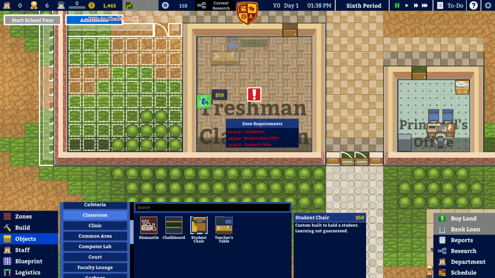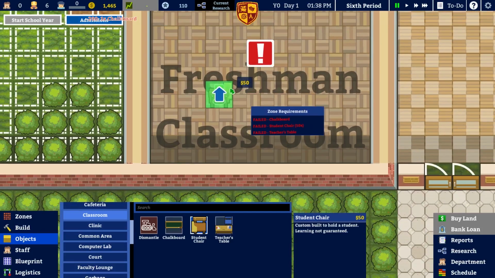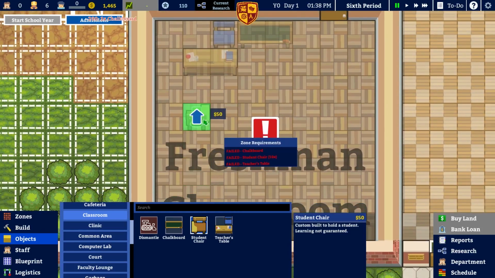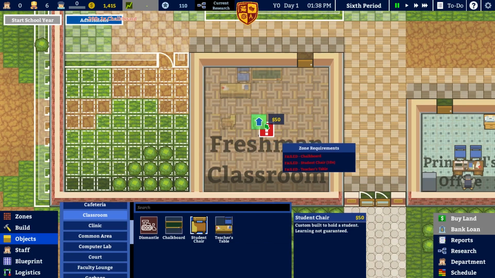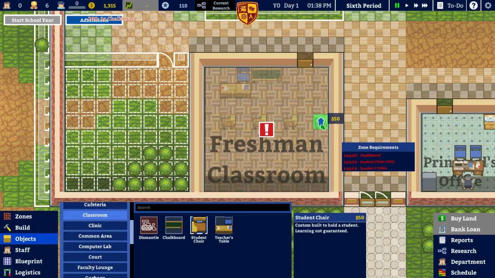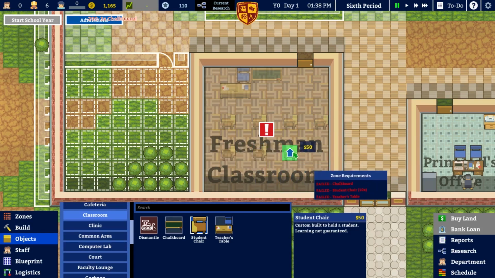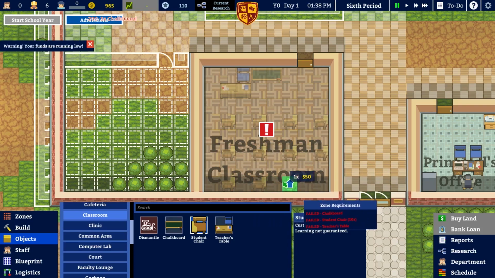Okay, and the student chairs, you'll be facing that way, I think. Yep. And let's zoom out a bit more. 1, 2, 3, 4, 5, 6, 7, 8, 9, 10, 11,